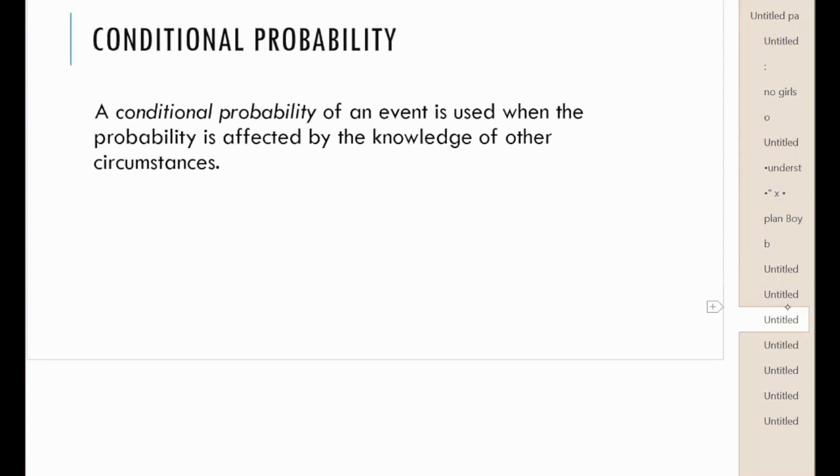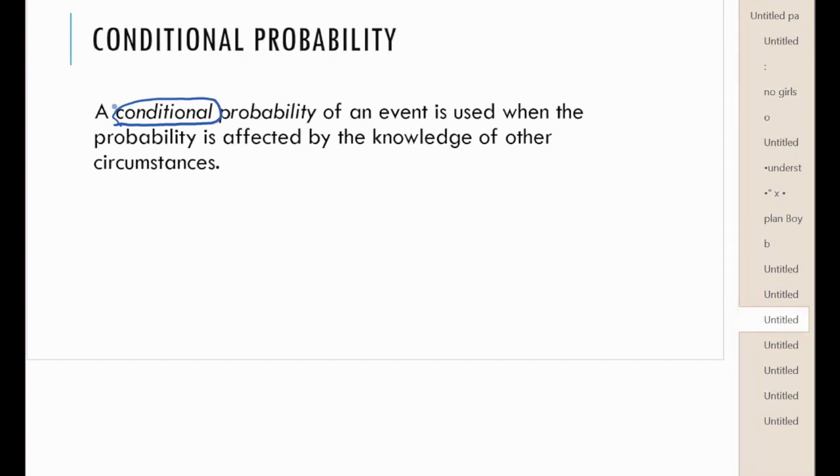actually covers a conditional probability. And a conditional, just like that name says, when you have conditional, it just means some event happens with this specific condition in mind. So I like going back to the black one. Actually, let's do a different color. Let's do blue. So conditional probability. It's when you have an event is used, the probability is affected by the knowledge of other